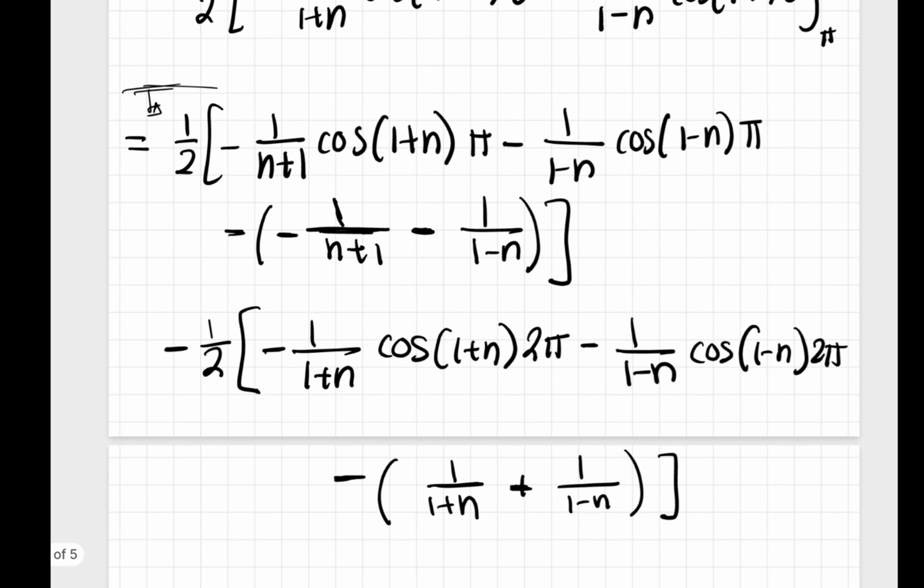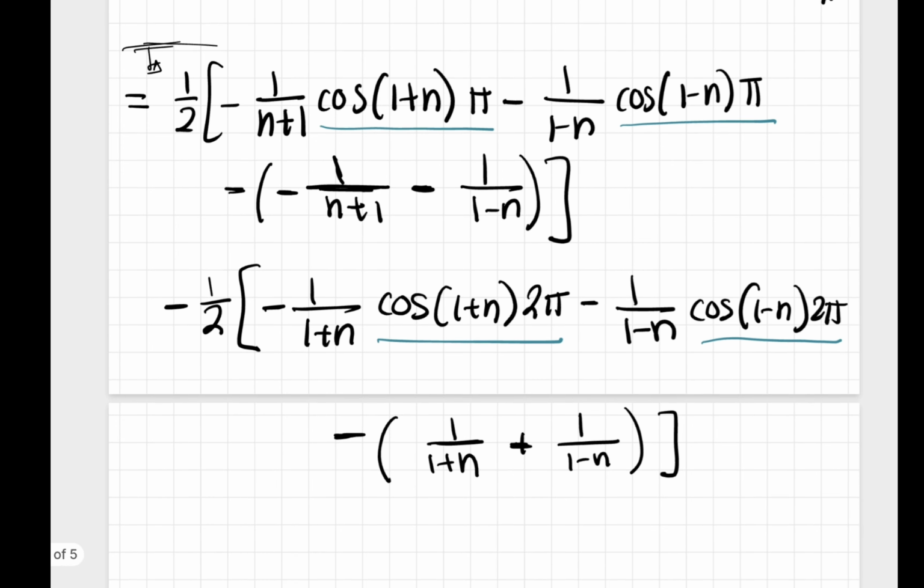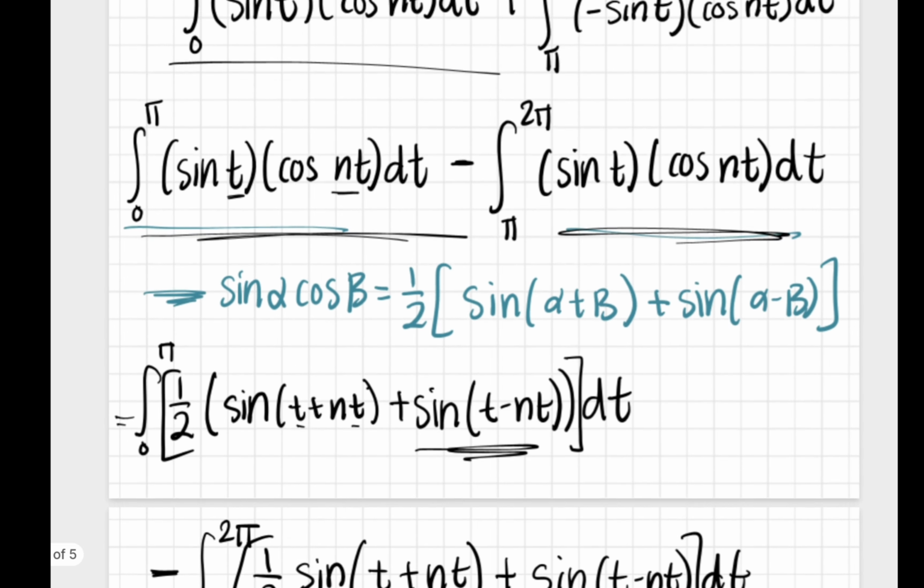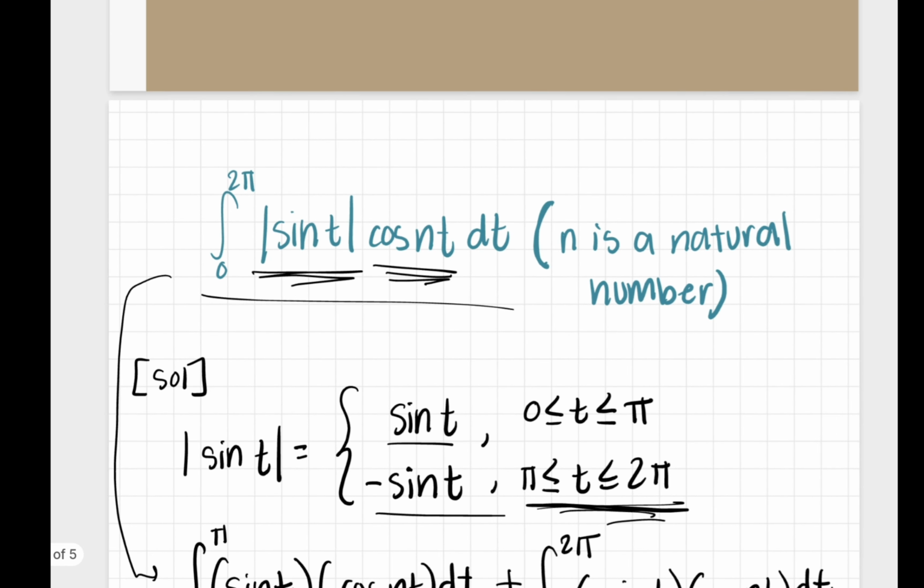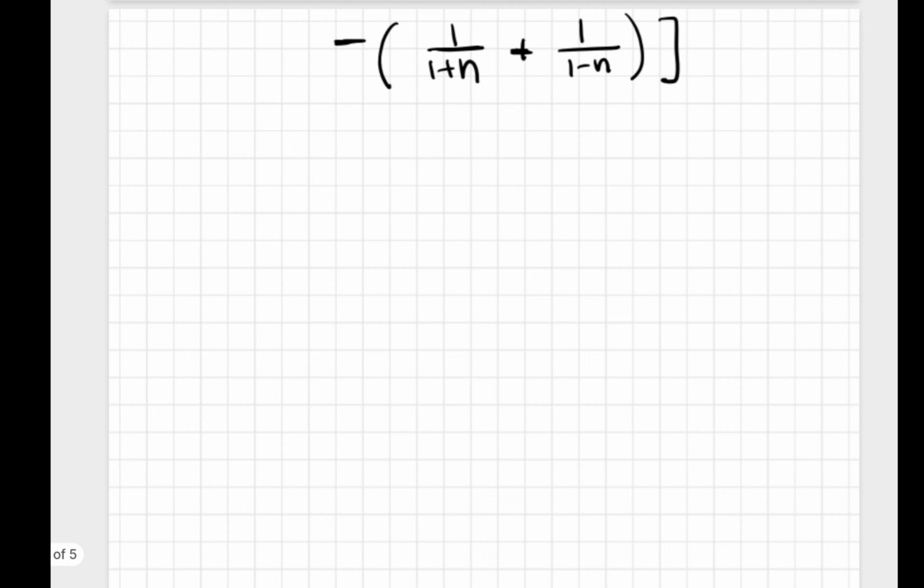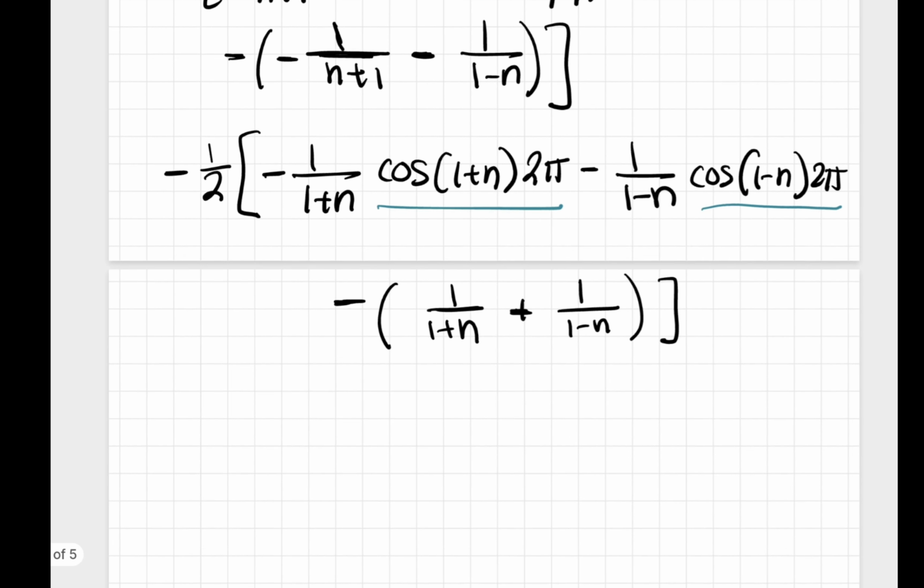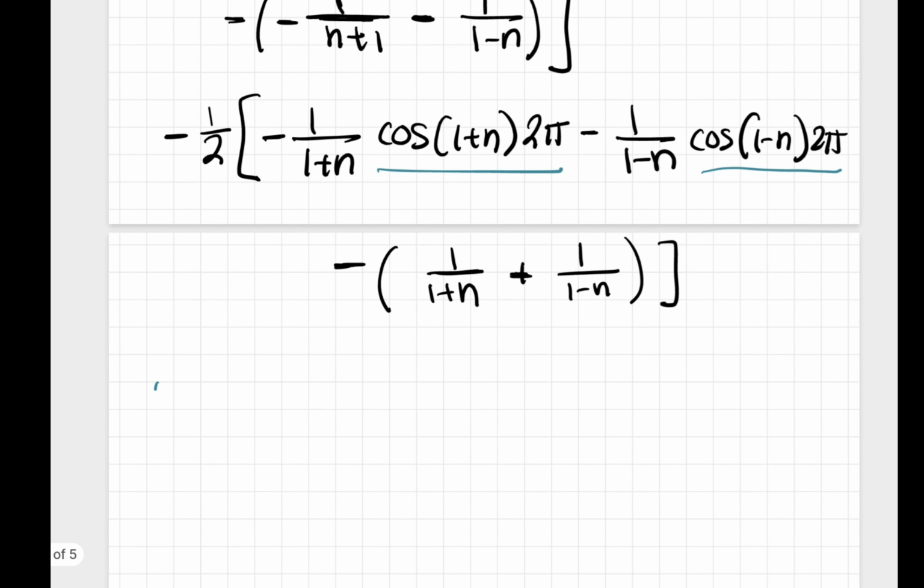So we see that we have this cos(1 + nπ), cos(1 − nπ), cos(1 + n2π), cos(1 − n2π), and we see some sort of relationship between them, since from all the way up here, we know that n is a natural number. If you go all the way down here, let's say that when n is an even number, so when n is even,